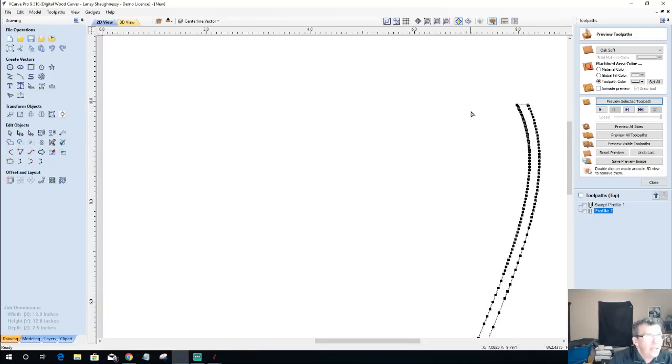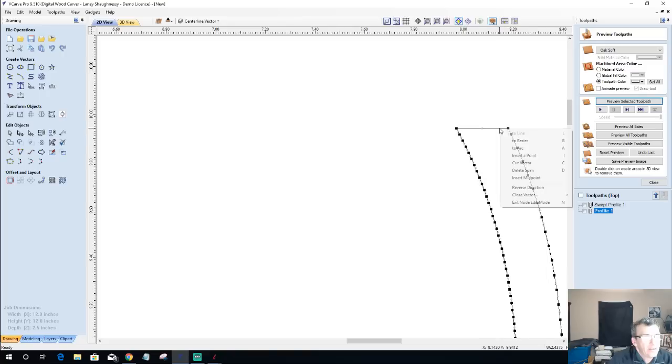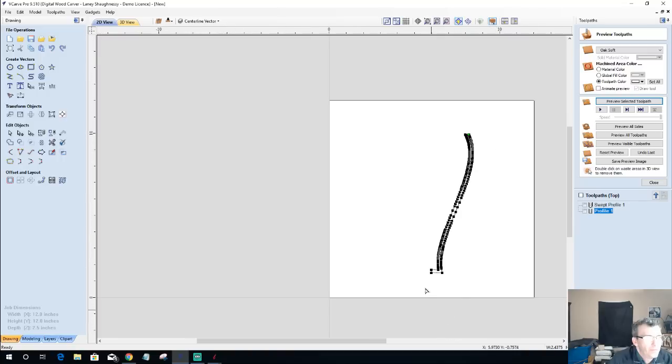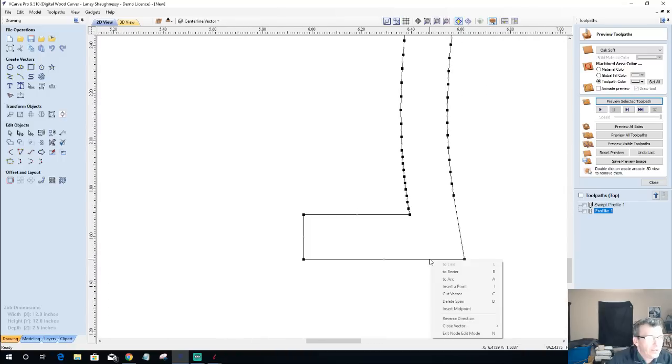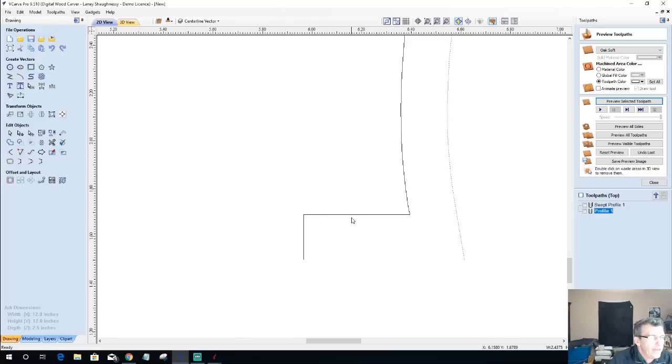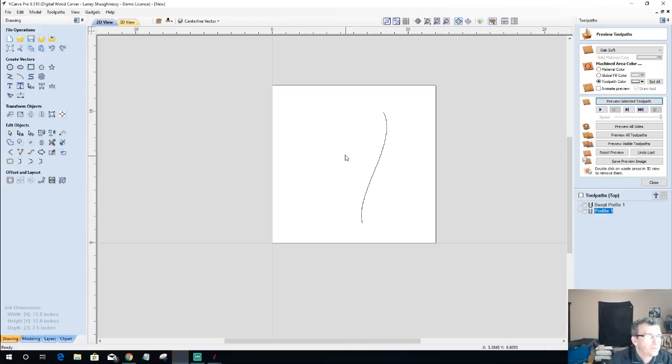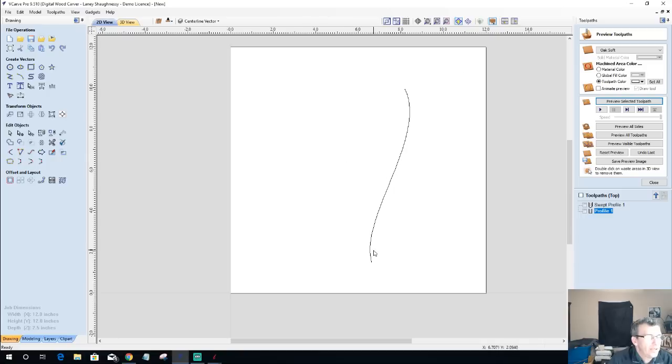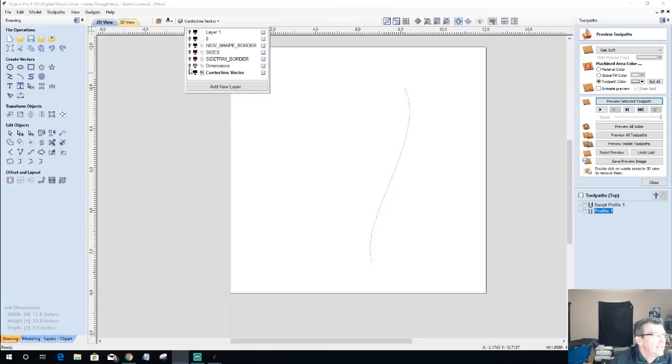Because I'm going to go into node editing and I'm going to cut, or delete should I say, this span here. And I'm going to come down here and delete this span down here. And I'm going to come in and delete that vector there. So now I have this center line here. Or it's not the center line yet, but it's going to be. So if I turn my layers back on,